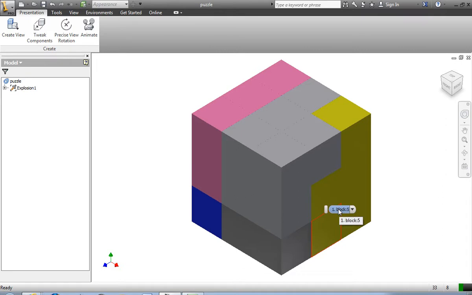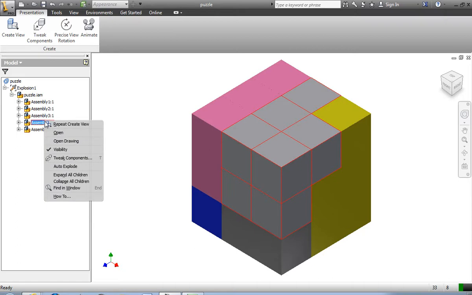Even if they didn't get colored, we could color them by going in over here to our puzzle where it says explosion, and we could select these various assemblies. For example, let's see, right here is this one. If I want to change the color of that, I can right click it,